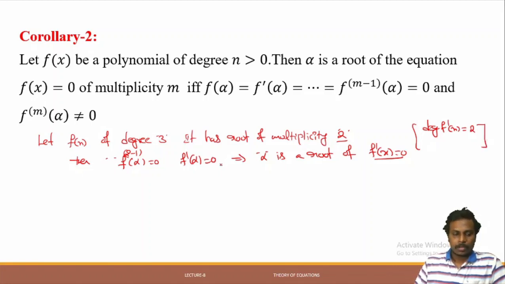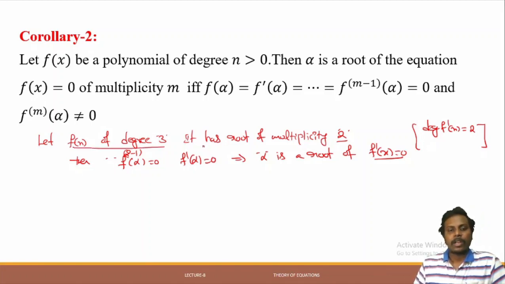Okay, so given a polynomial of degree 3 and a root of multiplicity 2, it is easy to find the multiple root with this result, because solving a cubic equation directly is a little difficult when compared to a quadratic equation. Now let me consider the next example.